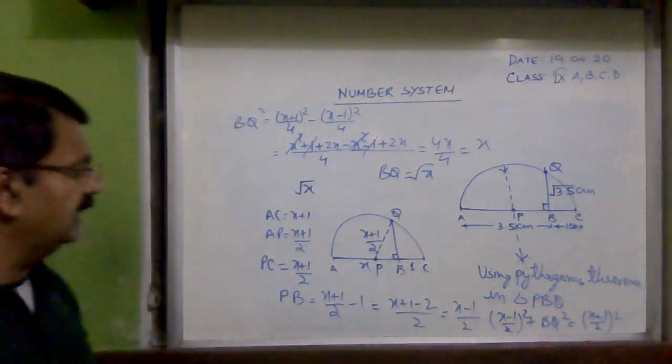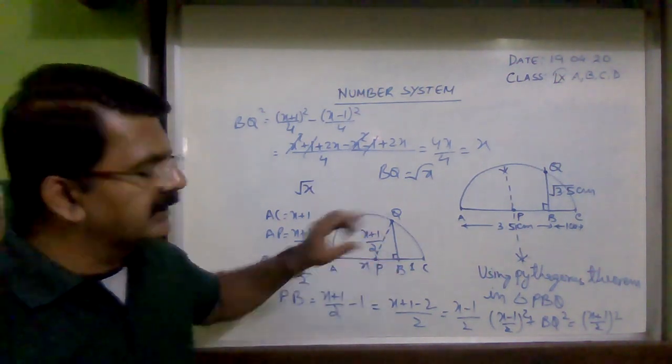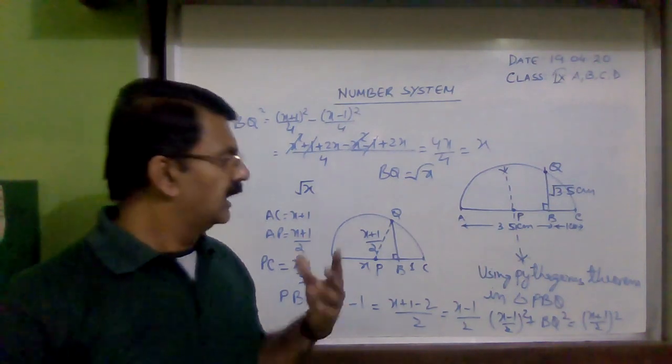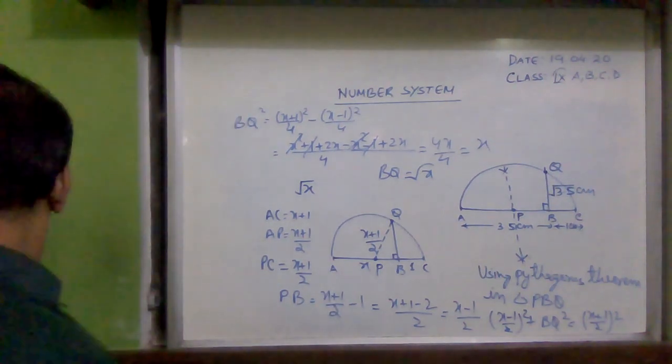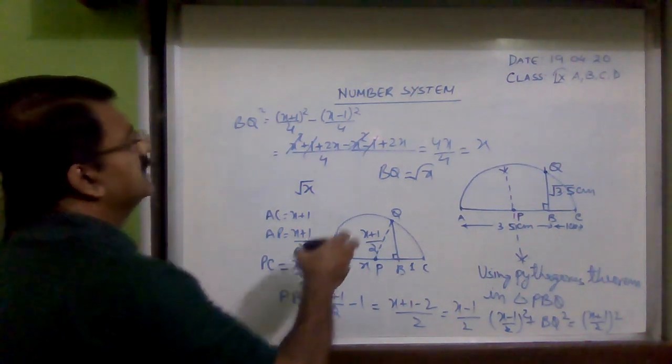So I have explained that if you start with AB as x, then the length BQ will be equal to root x. Is it clear to everybody? Now we will do one more example. And the example is